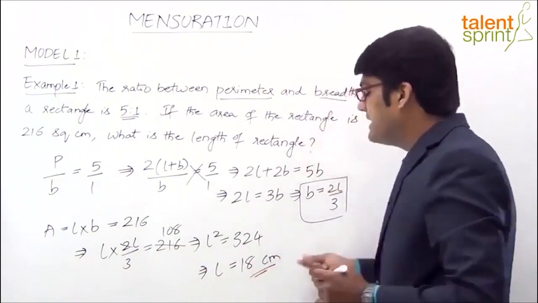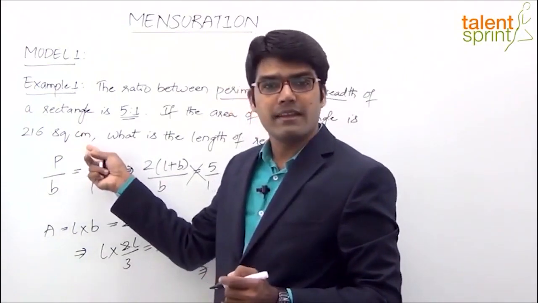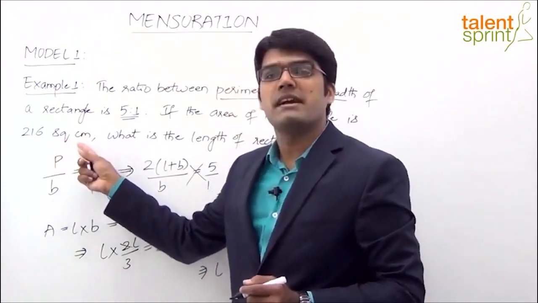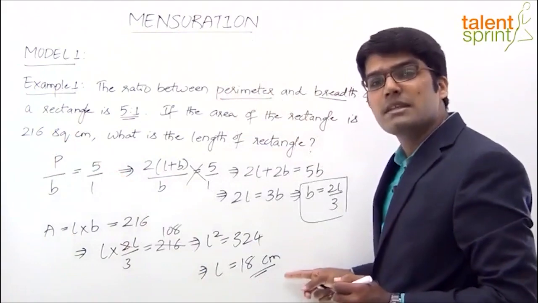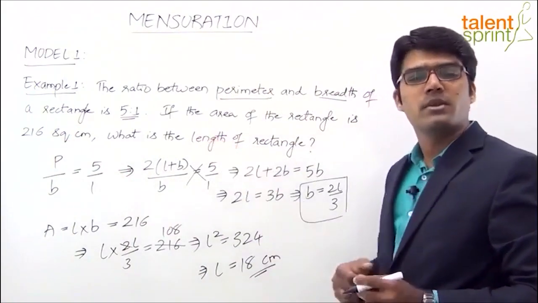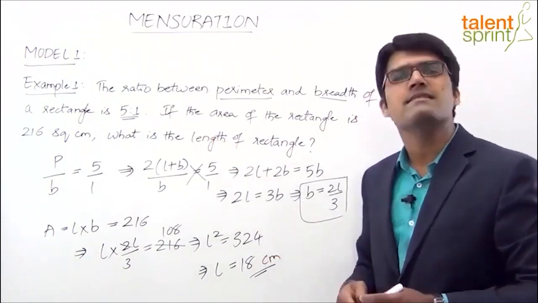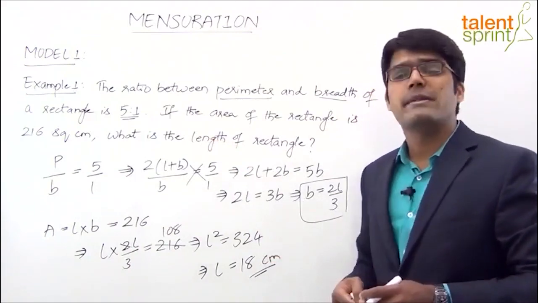ध्यान रखें लेंथ सेंटीमीटर्स में मेजर की जाएगी। क्यों? क्योंकि एरिया स्क्वायर सेंटीमीटर में दिया गया है। अगर एरिया स्क्वायर मीटर्स में दिया गया हो तो लेंथ हो गई 18 मीटर्स, राइट? सो हमें बेसिकली जो दी गई यूनिट्स है उन्हीं से कंपेयर करके यहाँ पर यूनिट्स मार्क करने हैं। तो इस क्वेश्चन का फाइनल आंसर होगा लेंथ ऑफ द रेक्टेंगल इज 18 सेंटीमीटर्स।